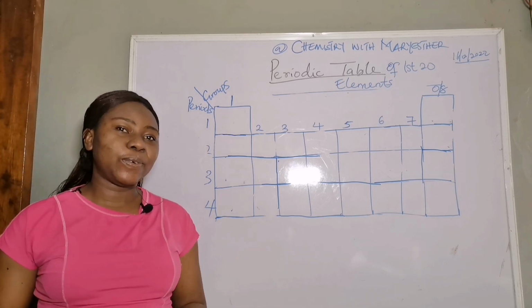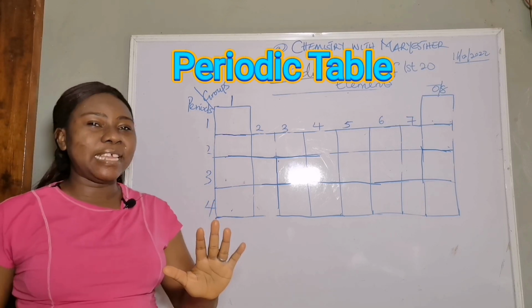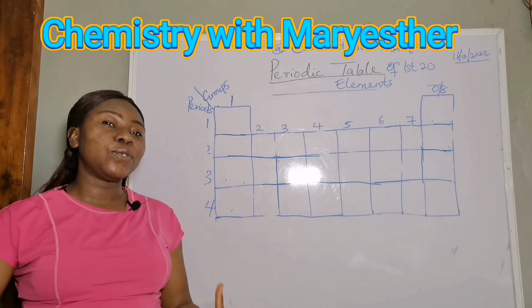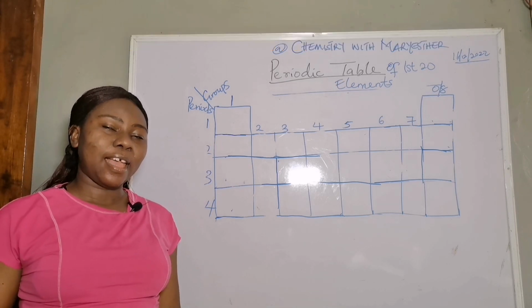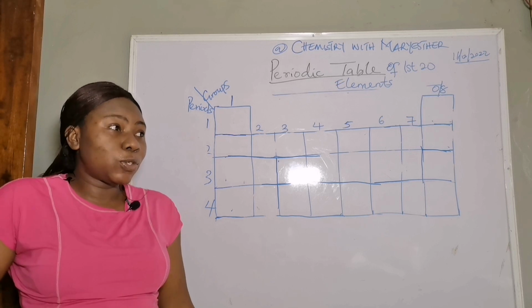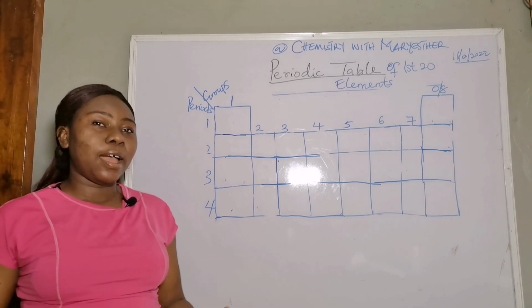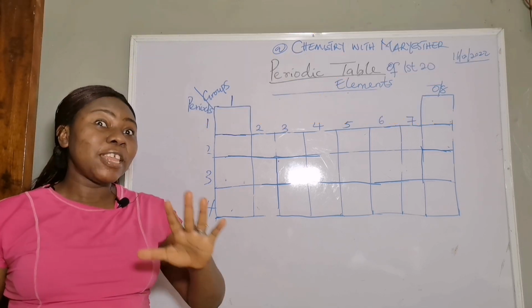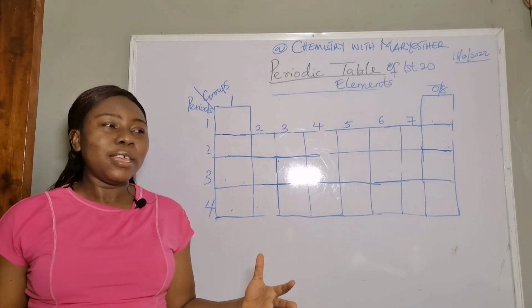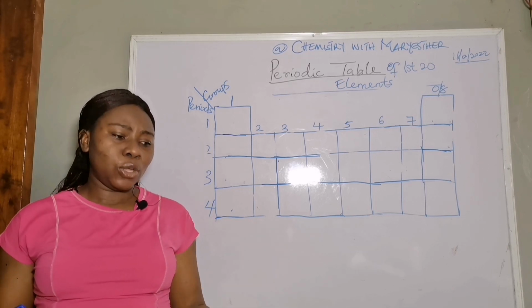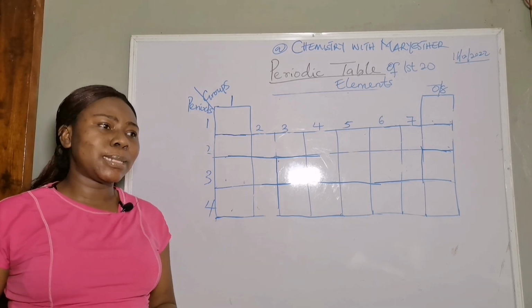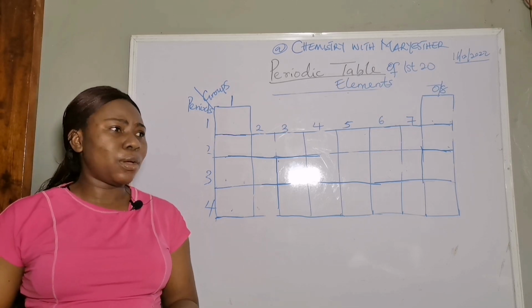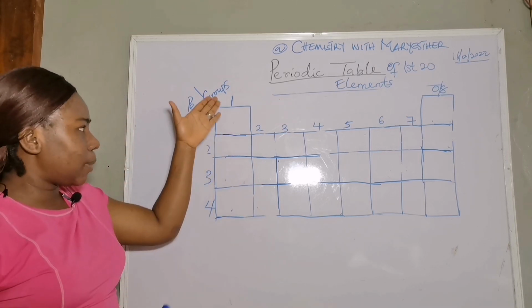Now, what is the periodic table? Periodic table is simply the representation of elements according to their increasing atomic number. Just presenting them in a table according to their increasing atomic number. And if you know the first 20 elements already, if you're asked in any external examination to present the first 20 elements using a simple periodic table, you will not even shiver, you will not even worry, because you can do that. Just draw a table,